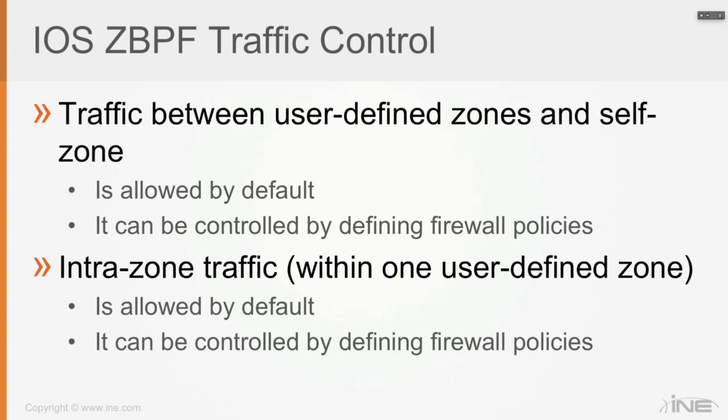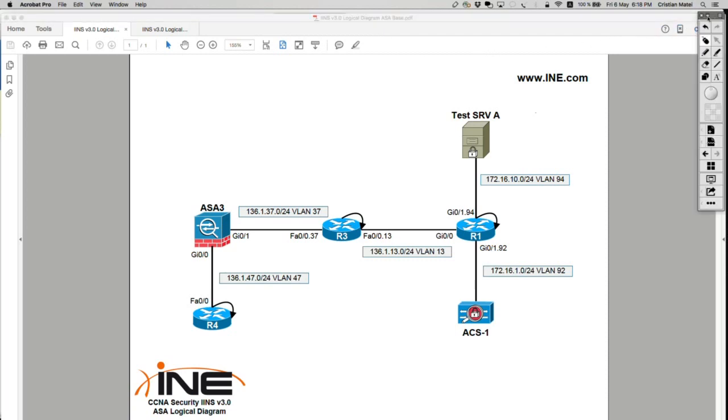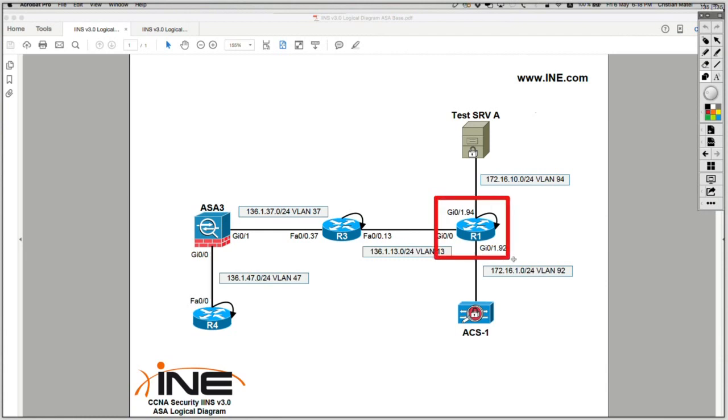Now, intra-zone traffic within one user-defined zone, likewise, it is allowed by default. But of course, you can change that and control which traffic can flow between interfaces of the same zone. But again, this makes sense, because if you take that example as we had before, this was my router, and both this interface and this interface are attached to the same zone, which is DMZ, it means that all traffic routable in those